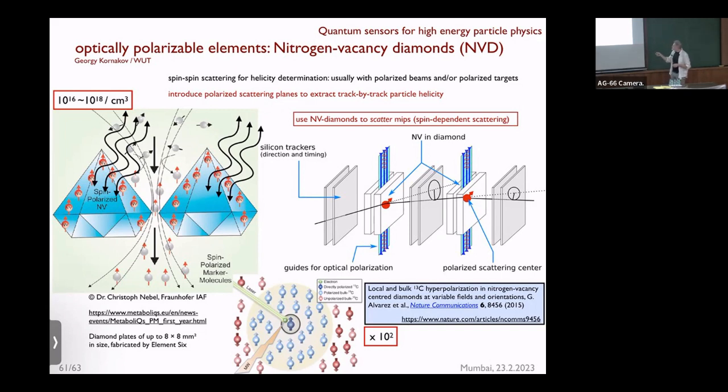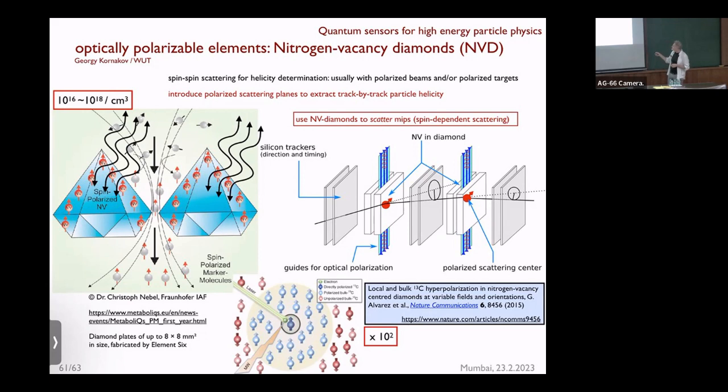Now, let's take this idea one step further and build devices which are not only partially polarized, but fully polarized. So you have 100 atoms per vacancy. You have about 10^16 to 10^18 vacancies per cubic centimeter. So you're covering about 10^20 atoms among the 10^23 atoms that are polarized. Let's assume for a moment that we can gain another factor of 1,000. So just increase this by a factor of 10 in every dimension, so that you have a bulk polarized monolayer